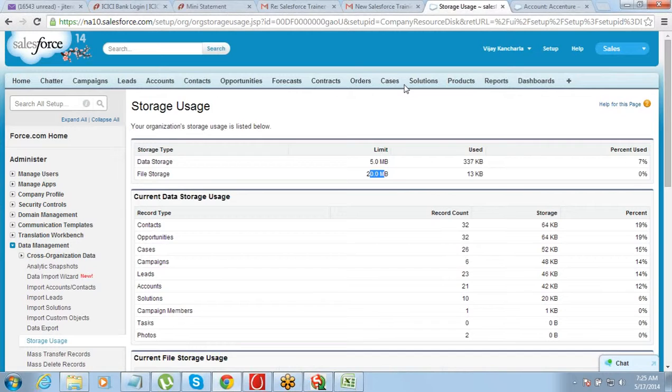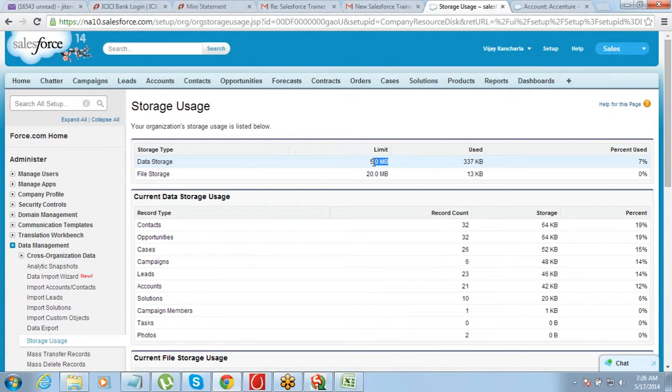Why would you go and buy a paid license? The reason is this: they have given us the developer edition, which is free of cost, but the data storage limit is very less. It just allows you to store 5 MB data.